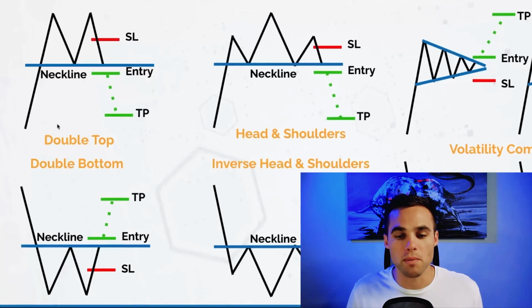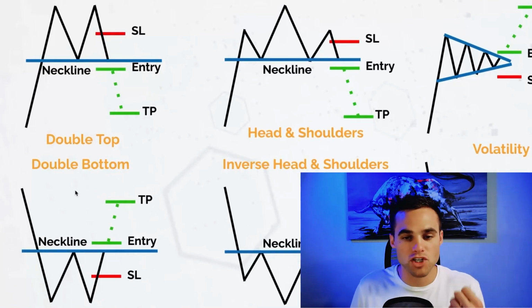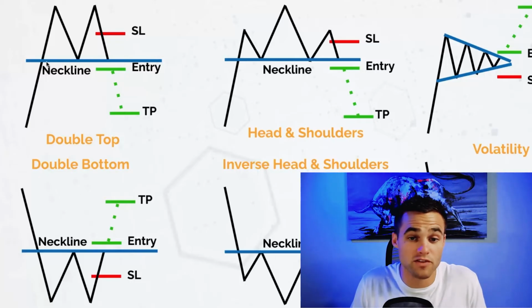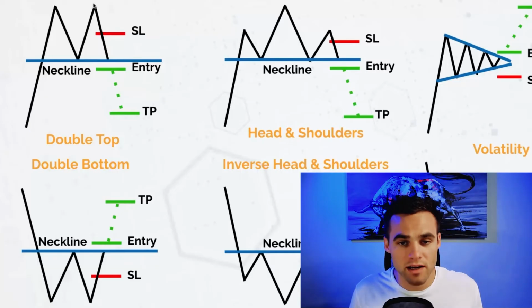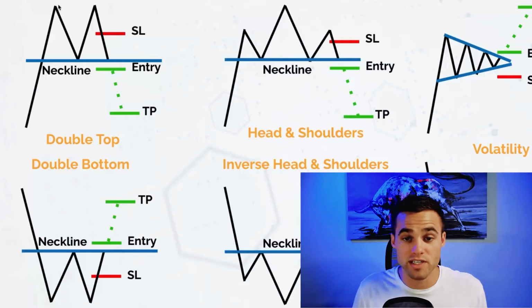So a double top and a double bottom, they're just the reverse of each other. But basically, it's really self-explanatory. There's 2 tops. You can see it easily here. Price comes up to here. It rejects, comes back down to what's called this neckline. Then price comes up to here again. And the market's basically saying, hey, we already rejected that price. And if it rejects it again, then it's pretty clear that price doesn't want to go to this price and it wants to fall lower, meaning the market participants don't want to buy anything above this level right here, which could also be a key resistance zone, right?